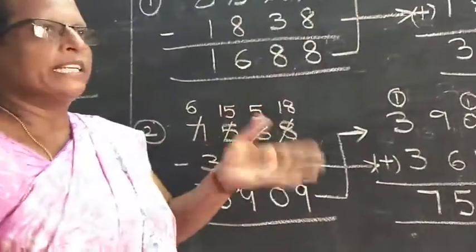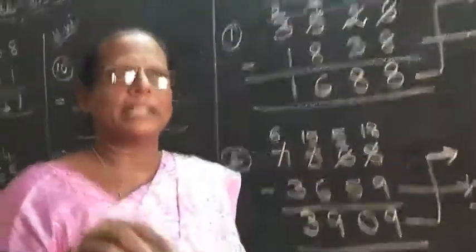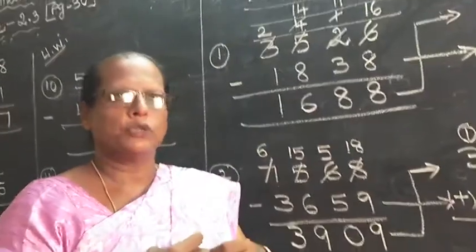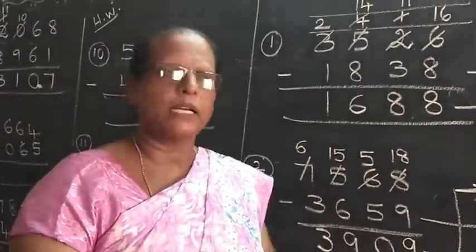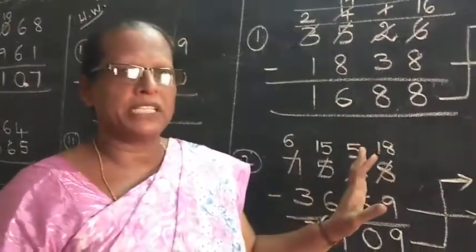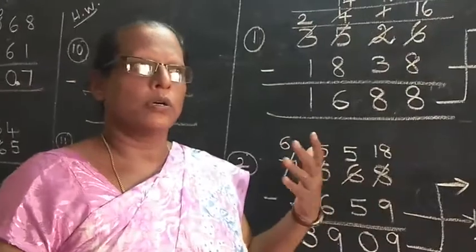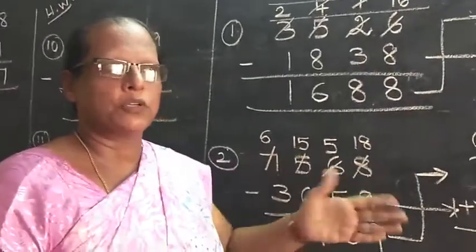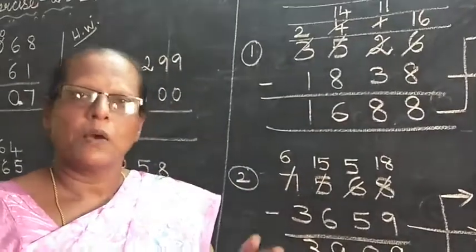Okay. Now, the Roman letters I am not teaching, you need not worry about that. The nearest 10, nearest 100, all that I omitted. No need to worry. What I am teaching, you copy down in the maths notebook. Understood children? I didn't teach that one. What I am teaching, you can write it in the maths notebook.